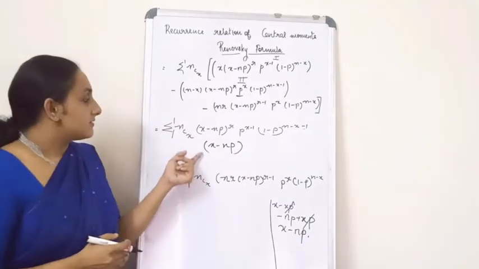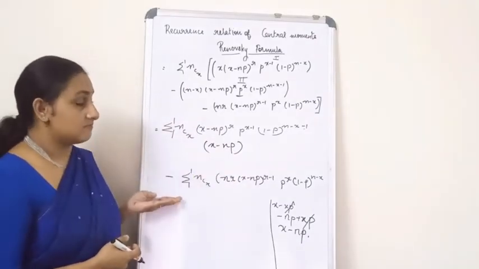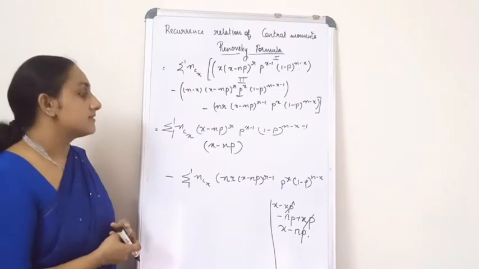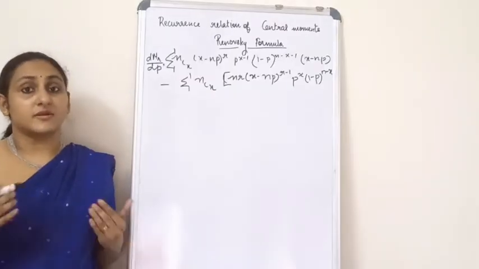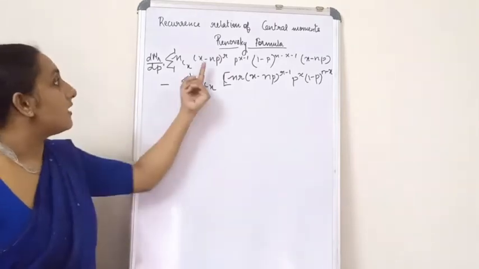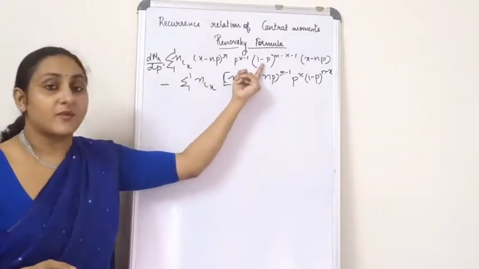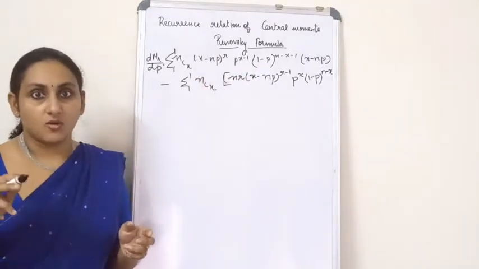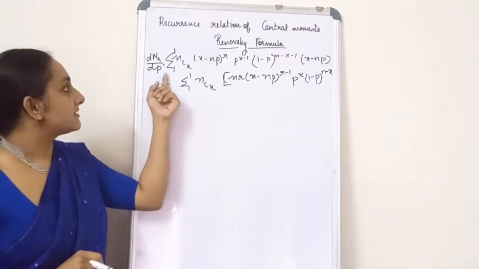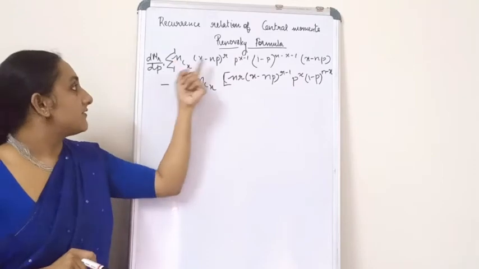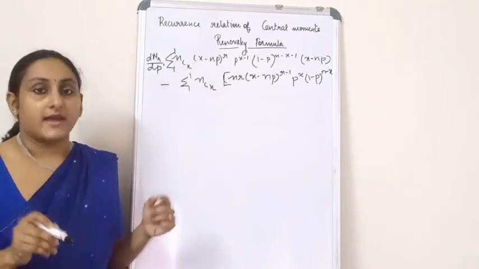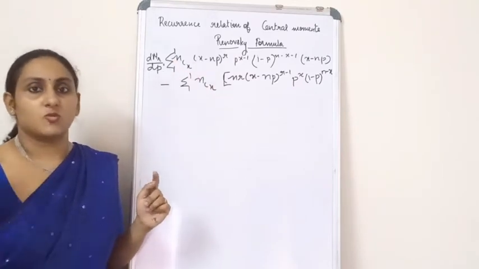Okay, so we have reached till here, but there are more steps. So let's have a look at what happens next. In the next step, I'm going to replace this 1 minus p as q, and I'm also going to divide this first term, only this first term, not the second term, by pq. And if I divide the first term by pq, what should I do?